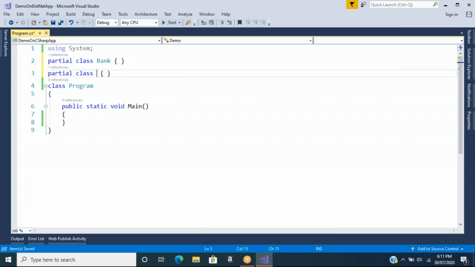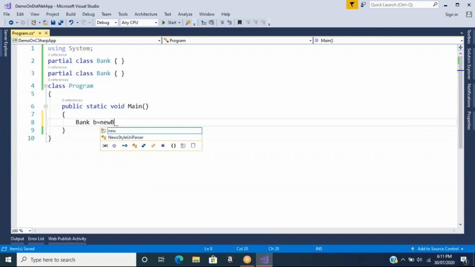One partial class will have customer information. One more partial class having the same name contains accounts information. One more partial class having the same name will contain transactions information. And so on, we can have more. Now, when you create multiple parts of a partial class having the same name, one instance is